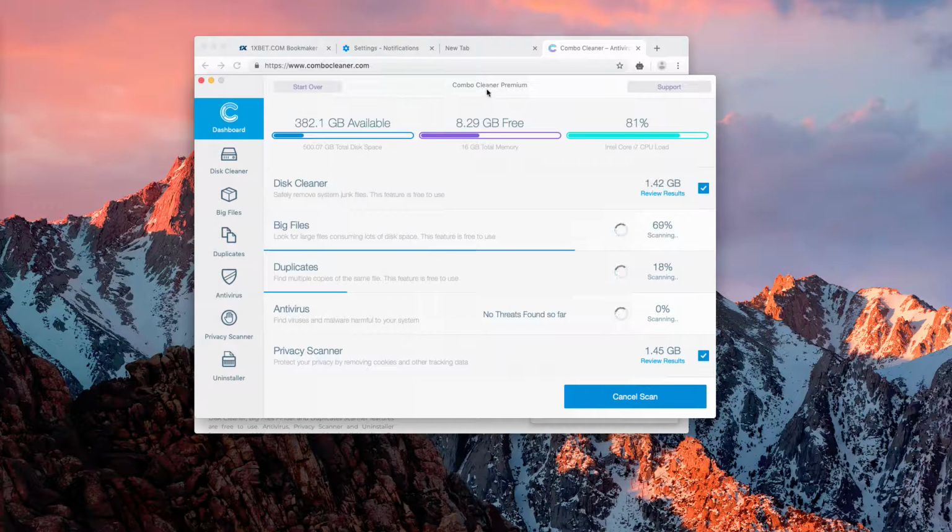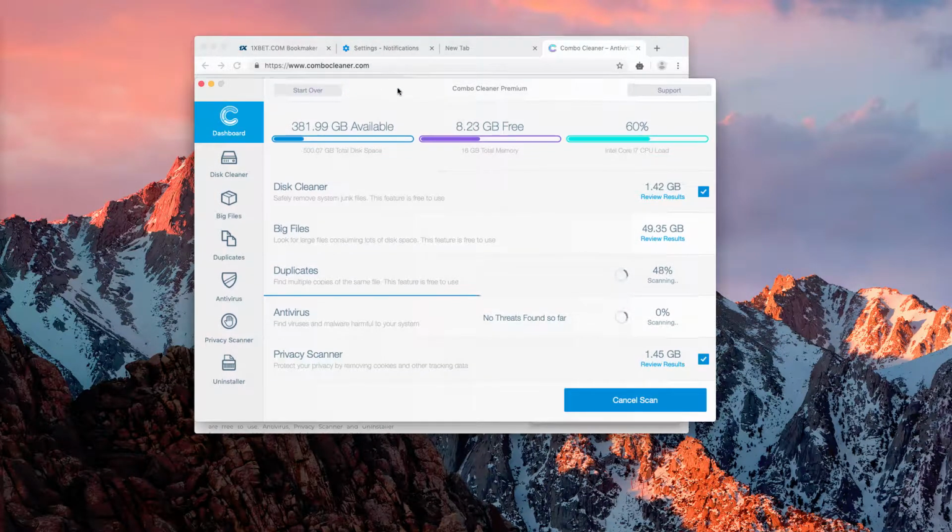You may do it with the Combo Cleaner Premium version. So I first showed you the manual, the free way to remove those pop-ups, and Combo Cleaner Premium is the